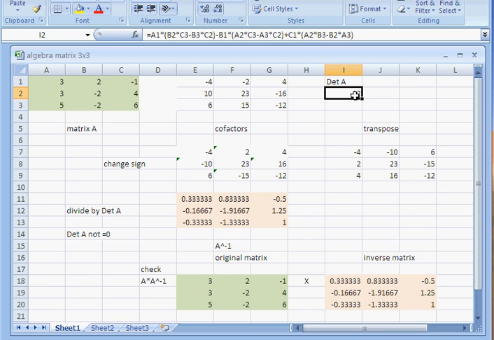Just check that code, just working out a determinant. But you've already got that as another Excel spreadsheet and another lesson. Here I've just changed the sign, so we change that minus to a plus. And here comes the transpose, which you've just flipped across the other side. Right, so I've just taken that one there as your E8, which is over here. And then we divided each of these by the determinant of A, which was this one here, giving